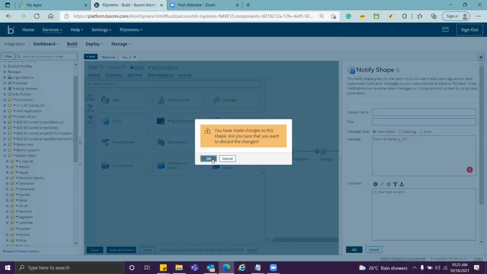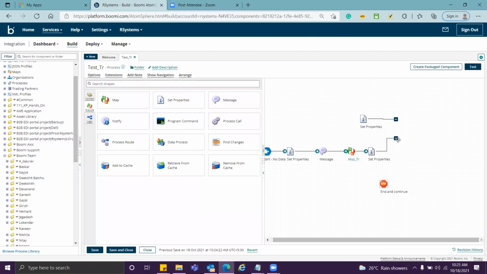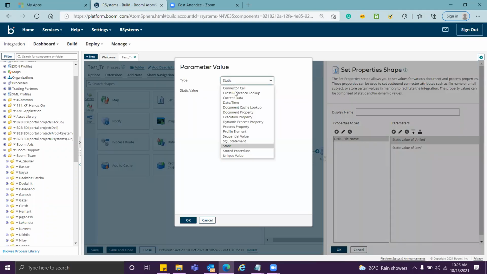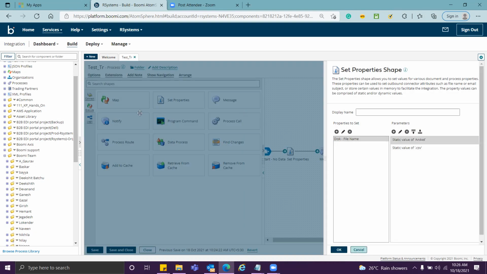Within this shape, suppose what I have to do is I have to retrieve this, right? So I go to this place, I click on disk file name, and instead of static value of Aniket, I click in here, I go to again, it's not showing me that option, but let me show you that way.